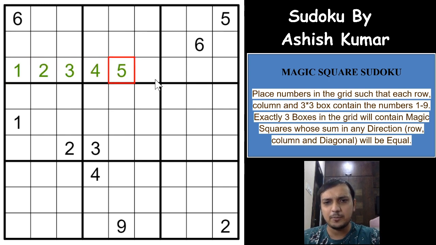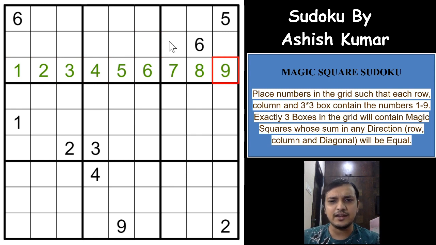mathematical practical applications. There are 9 digits used in this Sudoku, 1 to 9. You know that the sum of these 3 and these 3 will be equal, which means the sum of the numbers in a box is always 45, and 45 divided by 3 is 15. So a magic square will always have a sum of 15 in any direction. The sum of these 3 digits, these 3 digits, and these 3 digits will always be equal to 15, because 45 divided by 3 is 15.